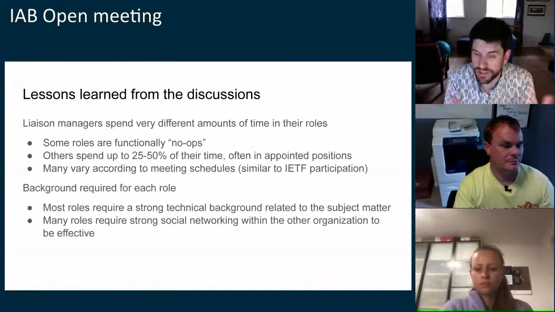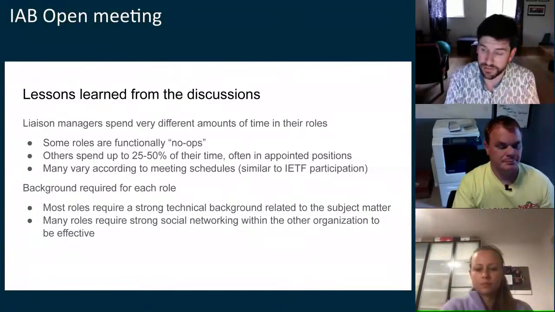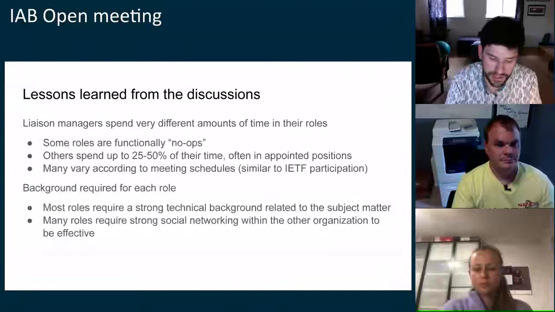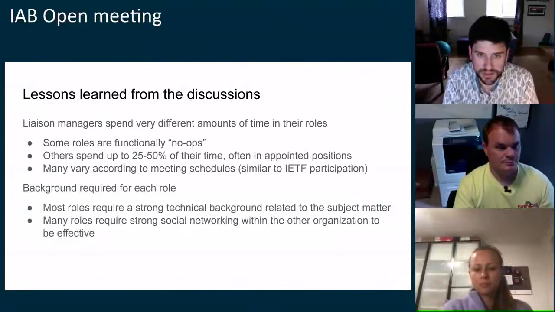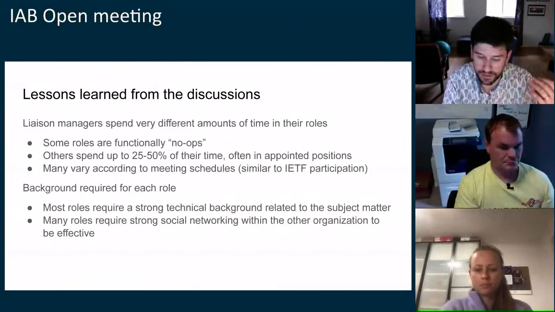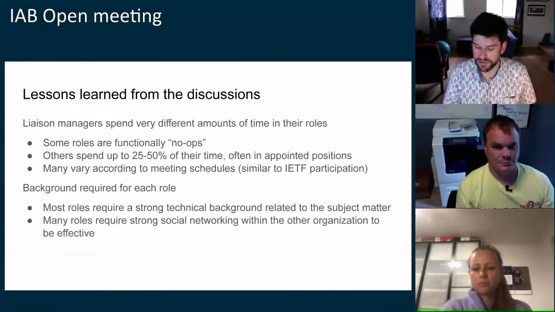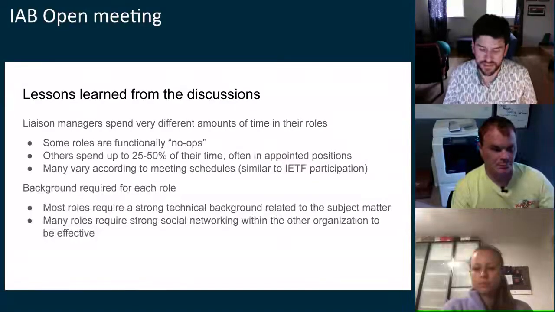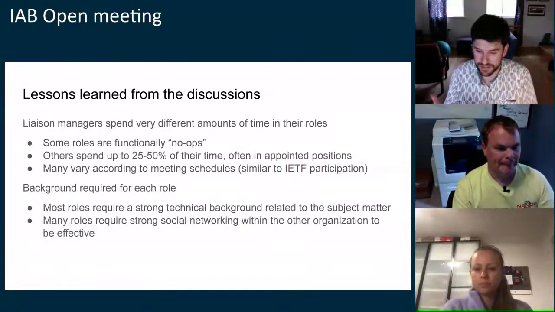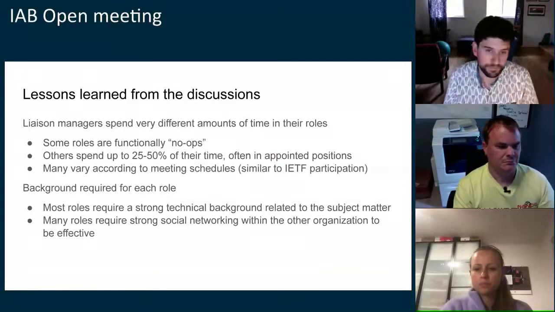So we haven't formally compiled all of the information. I think this is going to be a discussion that the IAB will have ongoing for some time after this, but there are some initial observations we can make at this point. There are a lot of the liaison roles that we found that are essentially no-ops. Maybe they're a role that is required to be filled because there's some charter reason in a given organization that needs a certain role to have someone sitting in it.